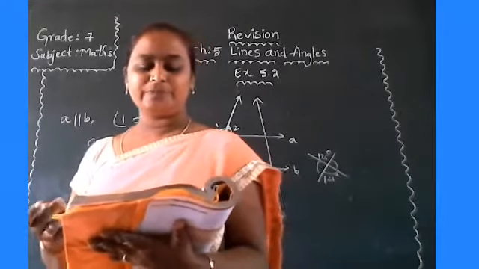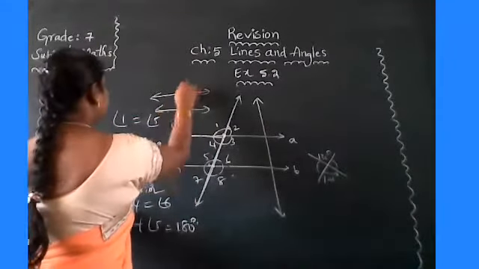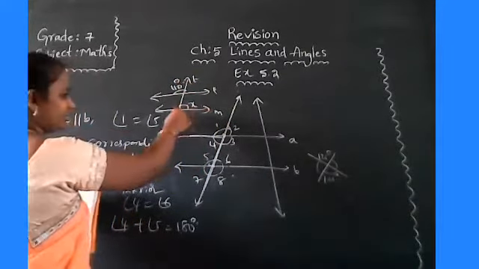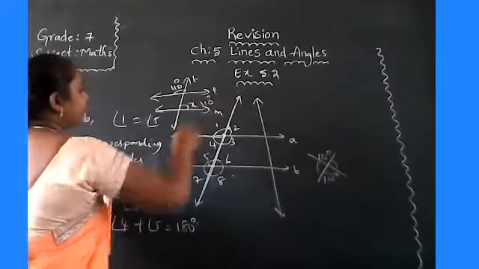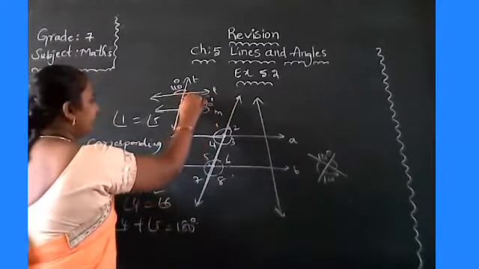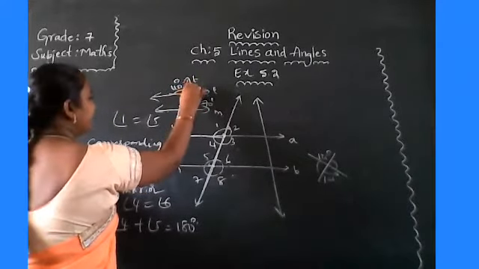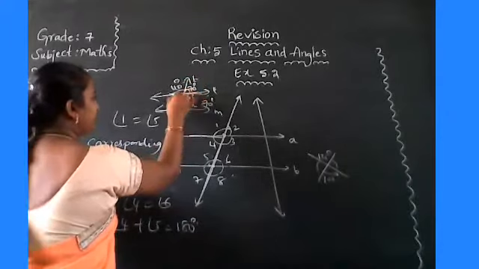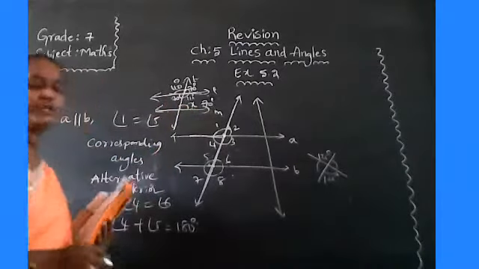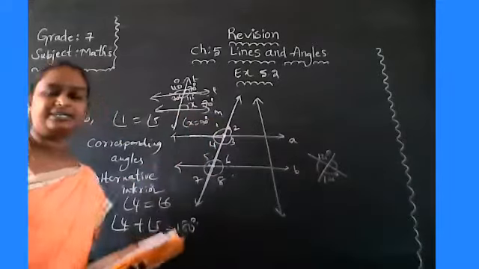Next, fourth one. Find the value of x in each of the following figures. L is parallel to M. Here two parallel lines are given with one transversal T, and an angle of 110 degrees. So what is the angle x? Yes, very good. Is x equal to 110 degrees or 70? Yes, 70 degrees. This angle is 110. What about this one? These two adjacent angles are supplementary, no? 110 degrees plus 70 is equal to 180. So this is 70. Why? Because alternate interior angles are equal. So angle x is equal to how much? 70 degrees. Okay, children?